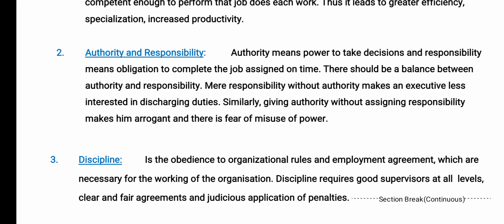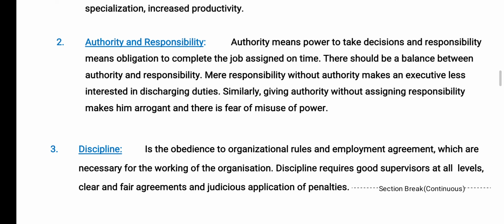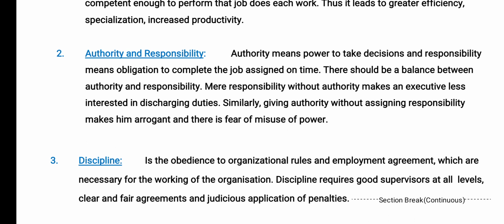So Henry wants to say that authority and responsibility move together. If you give authority to any person, then he will be a dictator and try to do that work according to his own wish. You should give him some responsibility also. And on the other hand, if you give responsibility to one person and he has no authority, he can't take any decision for that project, then also it is harmful. So he says that authority and responsibility move together.